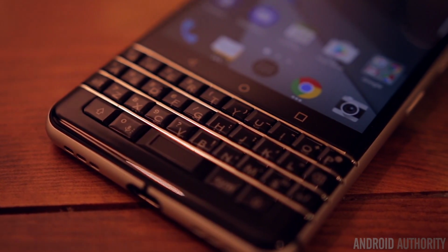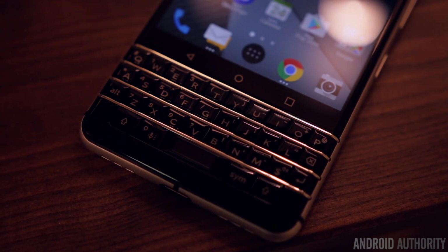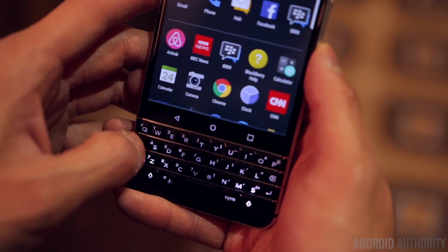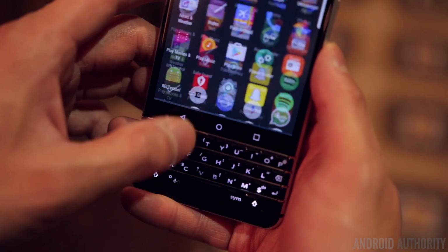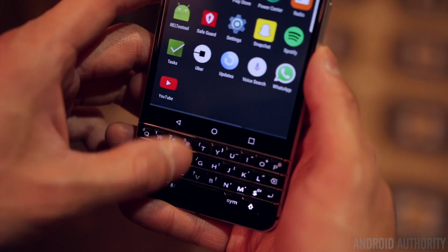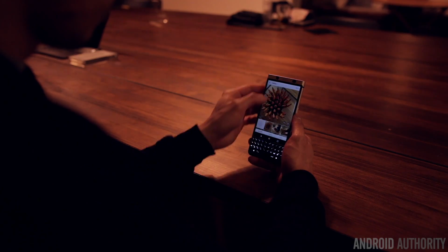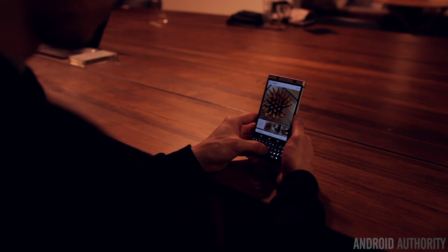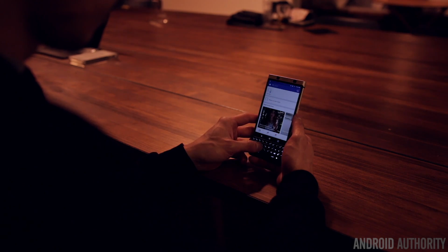from BlackBerry, and this is truly one of the main highlights of the BlackBerry KEYone. It's a capacitive keyboard that works a lot like a trackpad, so you can swipe left or right or up and down to navigate through the interface, scroll through web pages, and read emails, and BlackBerry says you can assign up to 52 shortcuts on this keyboard, which is pretty ridiculous. So a couple of examples would be to long press on I to open up Instagram or hold down F to go right to Facebook, but there are a variety of other shortcuts that you can set here as well,